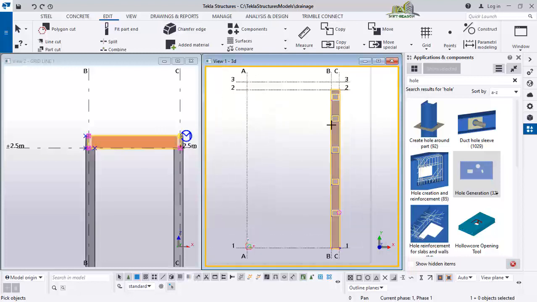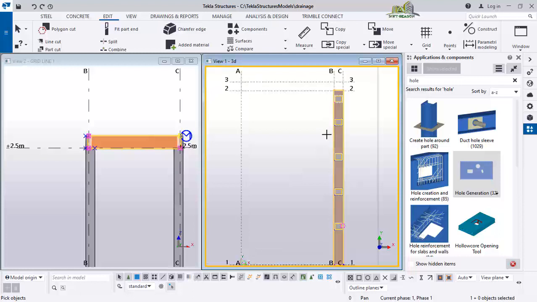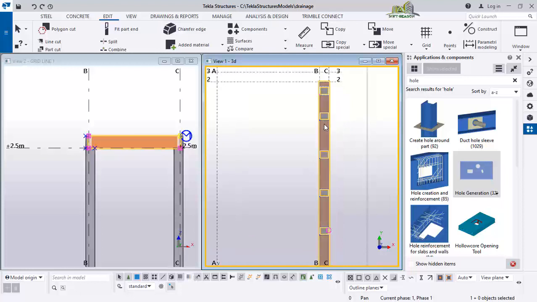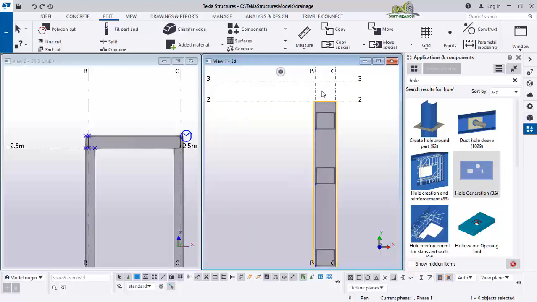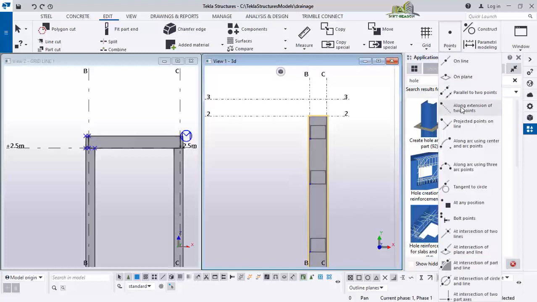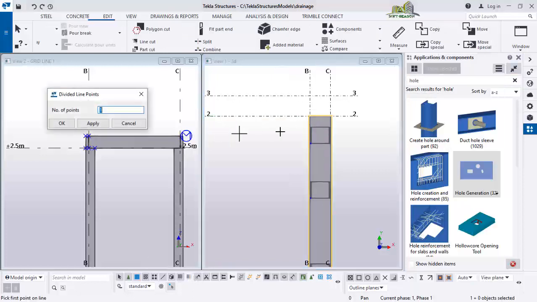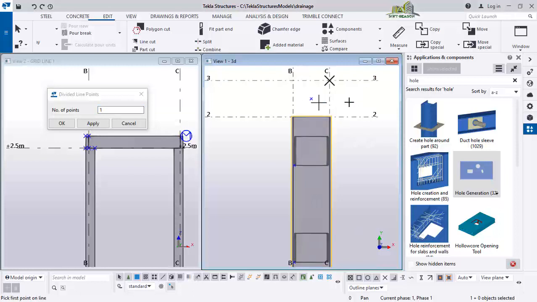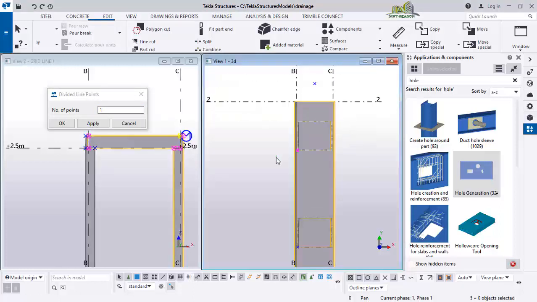Okay, so after which we want to look at how we can actually mirror this to this direction. Okay, because we are having the drainage flowing from this point to this point and then goes this way, okay, to the reservoir somewhere here. Okay, so after which what we now need to do is, I want to create a point here, at the center of this place. So for us to do that, you just click on online, and then numbers of point is 1. Pick this first point and this second point to have a point here,